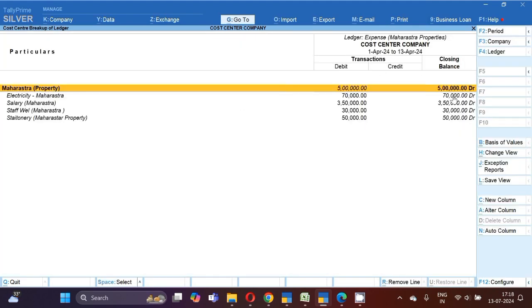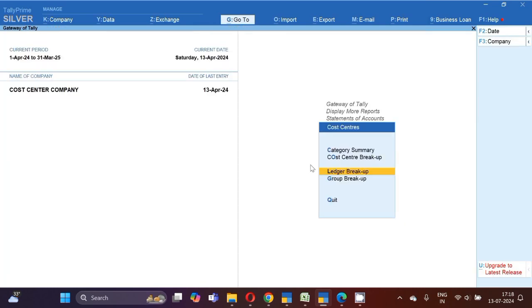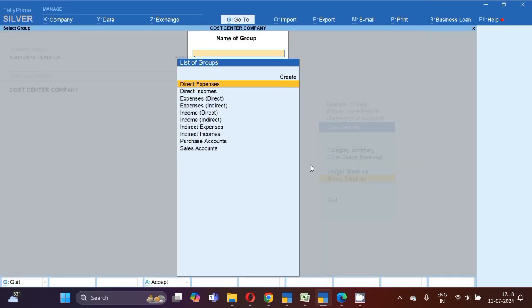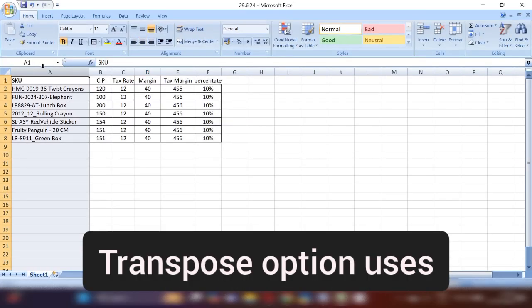And if you want to analyze group wise, there is the group wise analytic option over here. So click on the group, and from here I'm going to select indirect expenses. Under indirect expenses we have created Delhi expenses and Maharashtra expenses ledger. So now you can see we have already recorded both the state entries and both the state entries are showing over here. So if you want to see in one page,